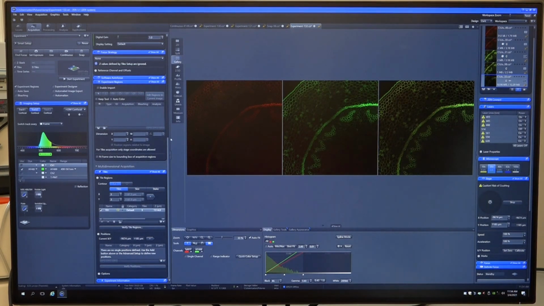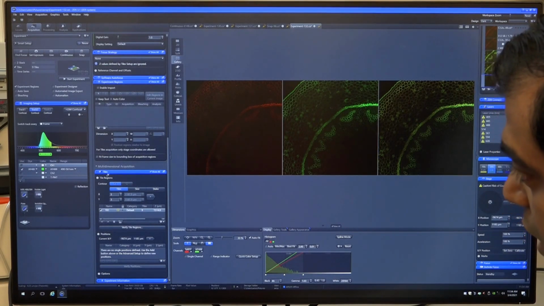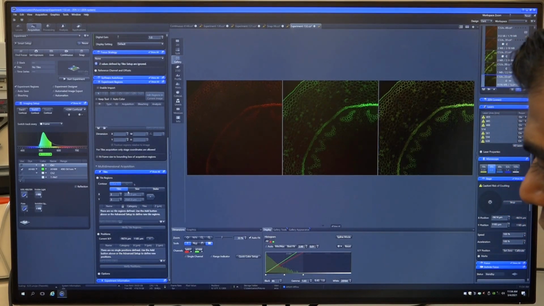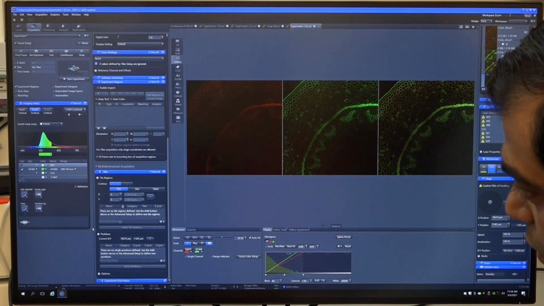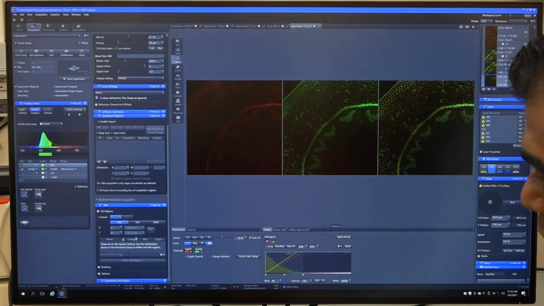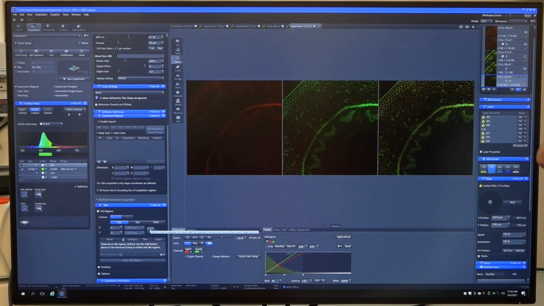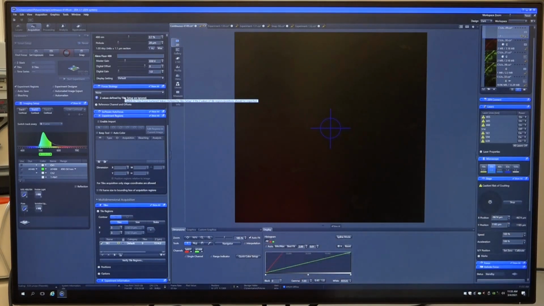Now if you don't want to stitch, you want to have multiple wells and you want to do that, in that case you have to simply delete this sequence, and below there is a position. So in position, you select one position, and then suppose you want to go to a different position which is not adjacent to it.